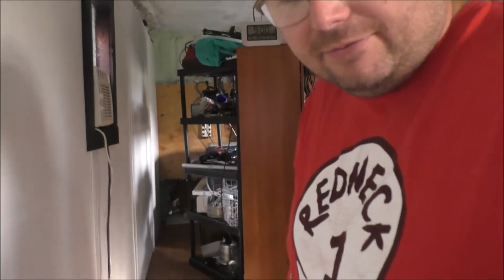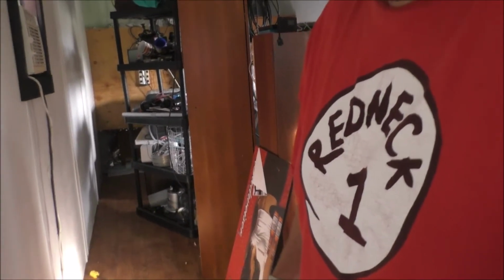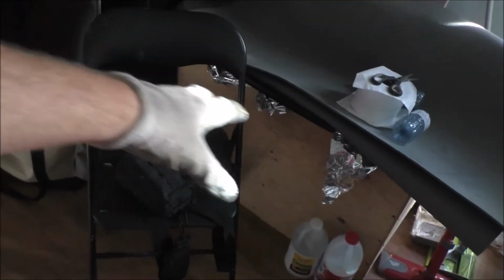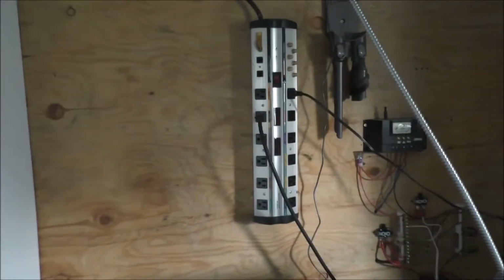Works really good. So today, guys, I've had enough of painting. I've had enough of trim. Finally, we're getting into the stuff I like to do and that I'm kind of good at. And that is, I have to take a lot of stuff out of the bedroom area because I need this big battery box here, that has a bunch of crap on it now, moved back here, and I have to pick a place for it to go on the solar wall here, and the solar wall itself